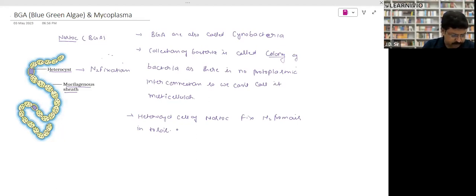Let me see if there are some more peculiarities of blue-green algae. They are also called cyanobacteria, and heterocyst, I told you. The rest of the functions are the same as the bacteria. And one more very important thing: these blue-green algae, BGA, also have